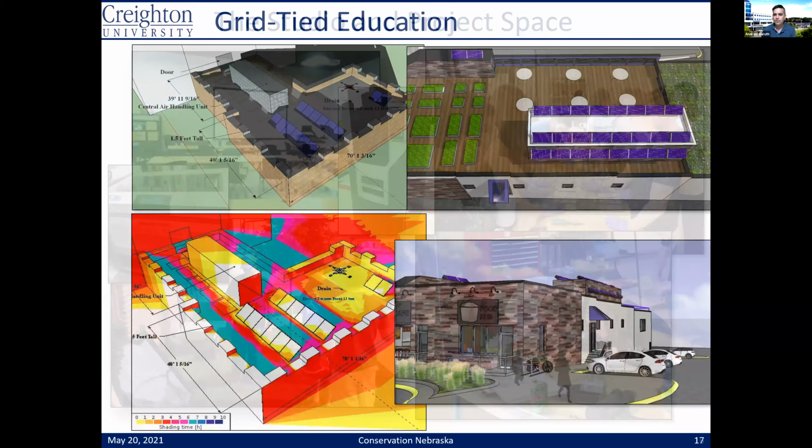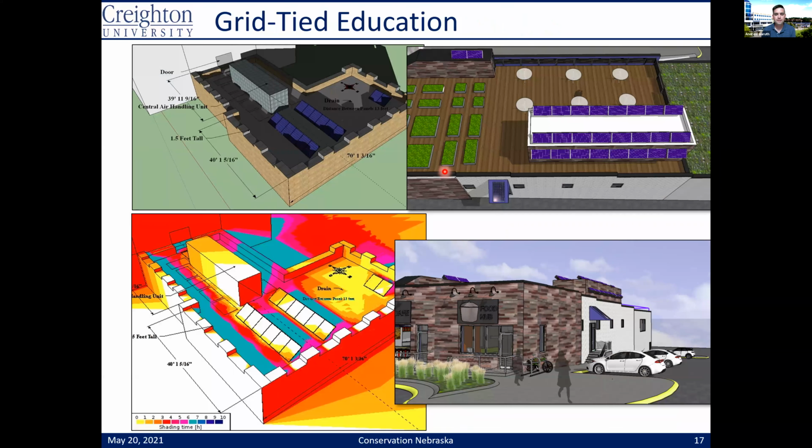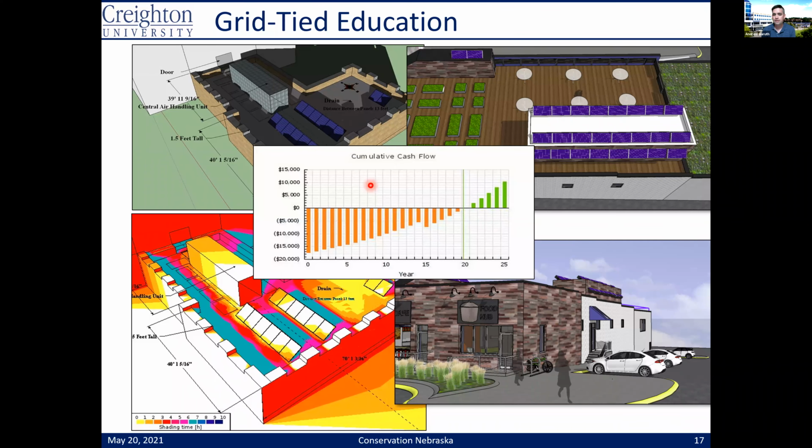So to do that, we have to talk about grid-tied pieces. They do a lot of design work for grid-tied installations. That might be looking at solar siting, for example, to figure out, is this a good spot to put a solar panel? We've done a variety of those. It's going to necessarily talk about finances and what the return on investment is, thinking about at what day we break even on a particular installation, and giving some kind of parameters for that to make sure that people feel comfortable about going solar.